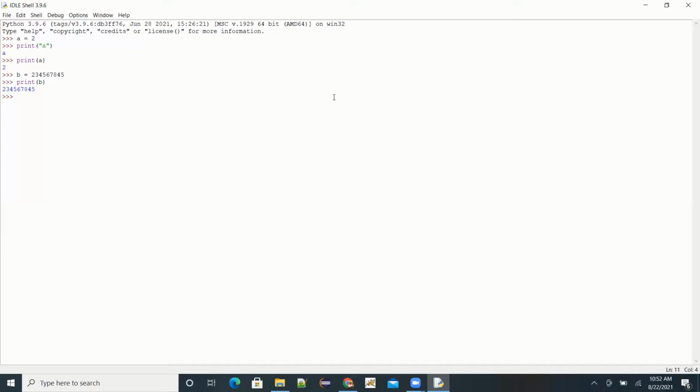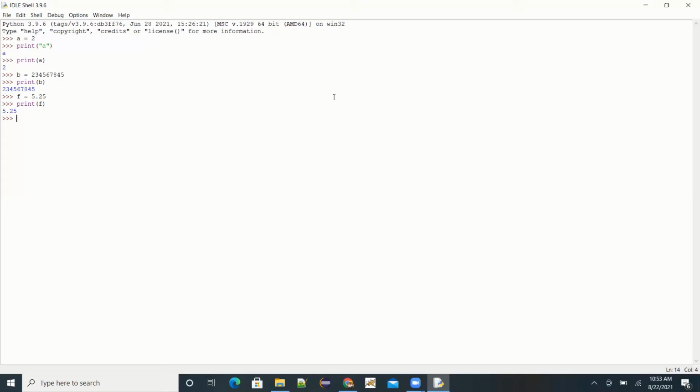Say I want to assign a float value to a variable f, say 5.25, and then if I print f, it will show me the value of f which we assigned, and the value is 5.25.